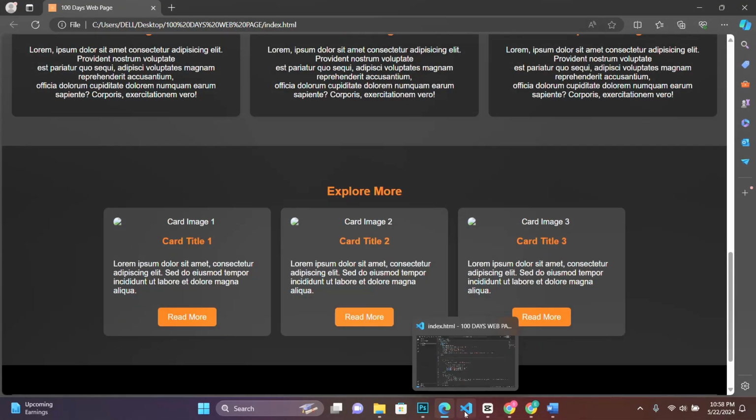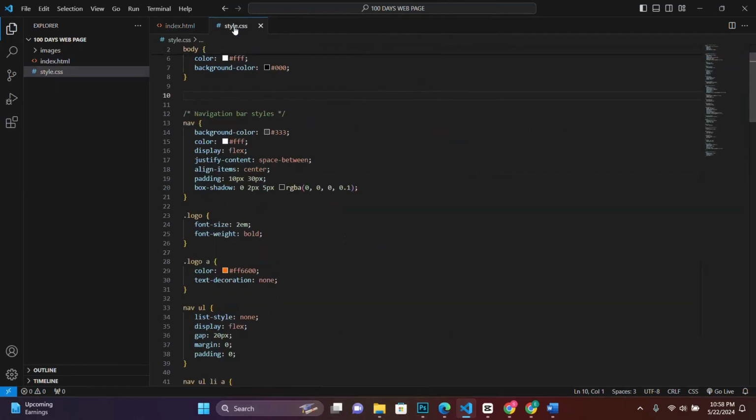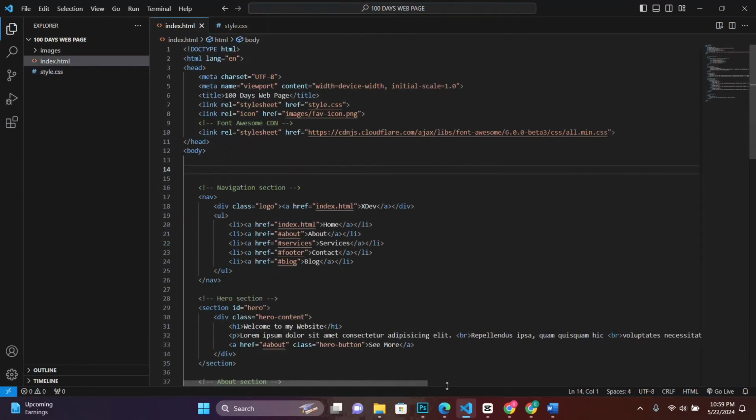Okay, so let's go visit our code editor. So this is our code editor, our HTML, and this is the CSS of our code editor. Okay, so the first thing we will do is to link this to our